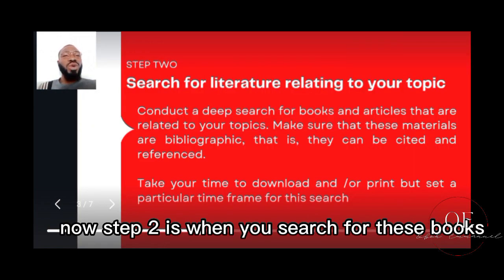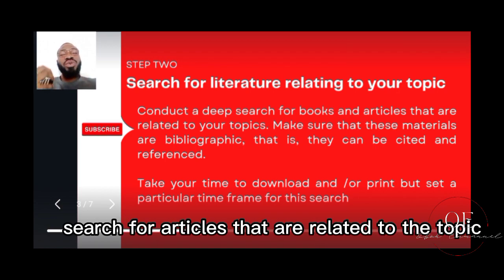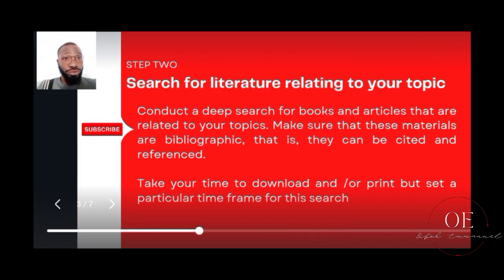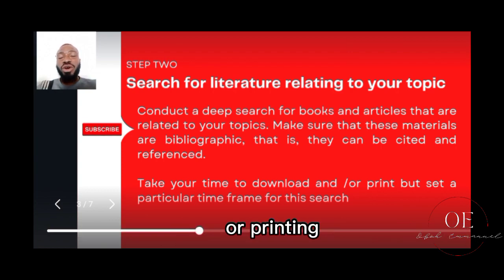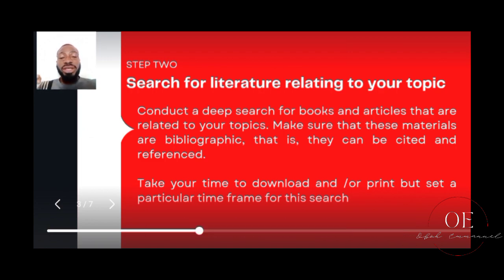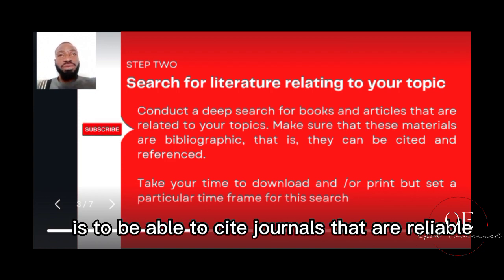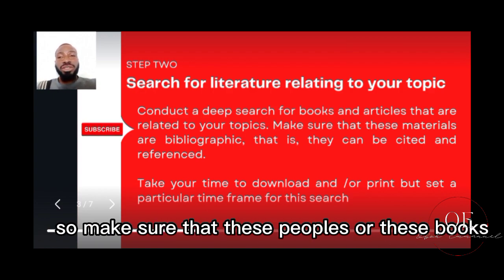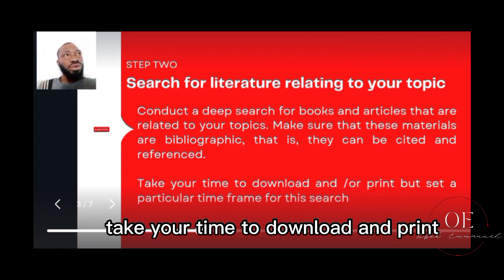Now, step 2 is where you search for books, journals, and articles that are related to the topic that you know. Make sure that all these books and articles you are downloading or printing are bibliographic, meaning that they can be cited. We all know that one of the rules of academic writing is to be able to cite journals that are reliable. So make sure that these papers or books you are downloading are bibliographic. Now, take your time. This part is really important. Take your time to download and print,